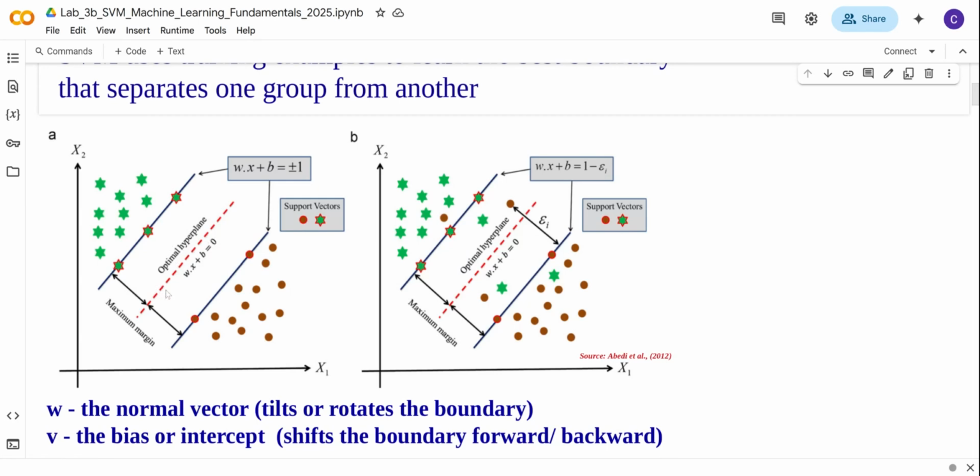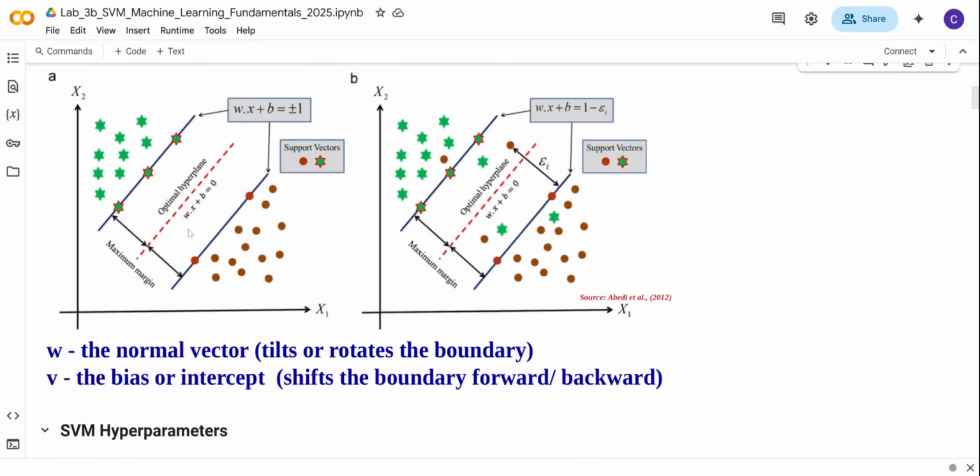The decision boundary is shown by this equation, which is just the normal vector and the bias. What is important here is that these points are critical in guiding